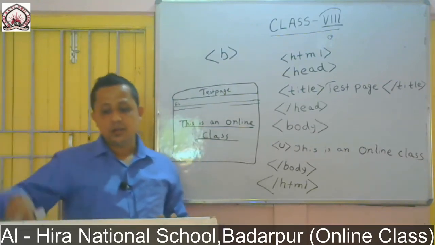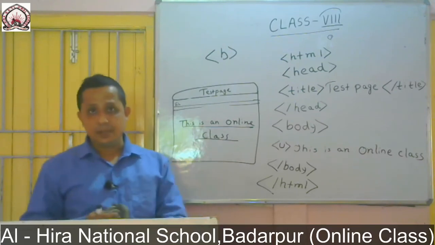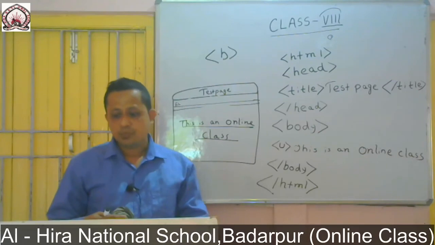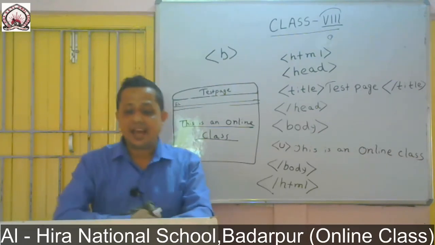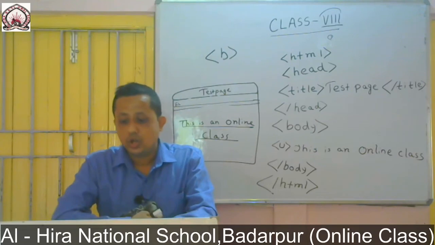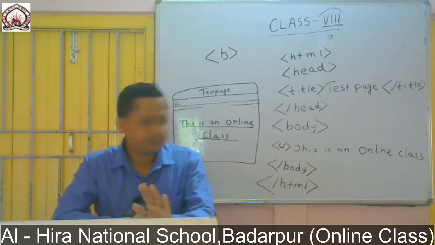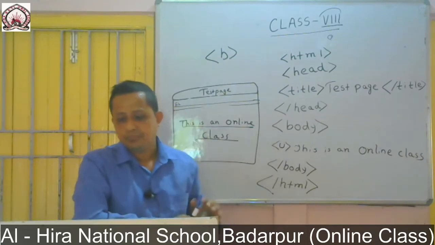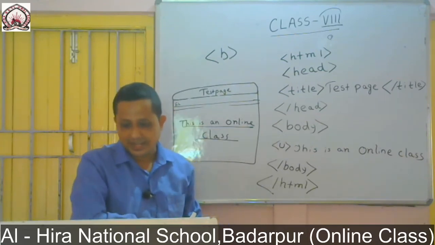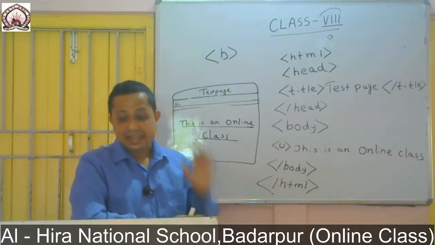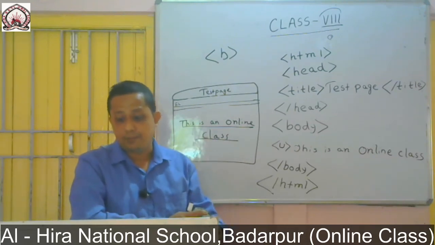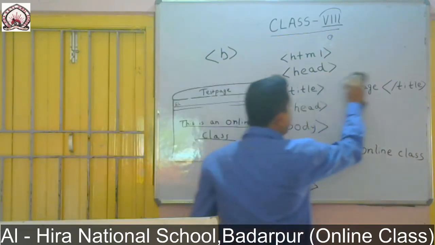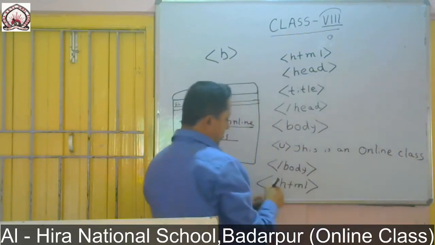Now let me just show you. I am doing one for you. As you can see in page number 73, one question is there. Write source code to generate the following web pages. Set the title of the web page as Inventor of www. So title will be what? Inventor of www.